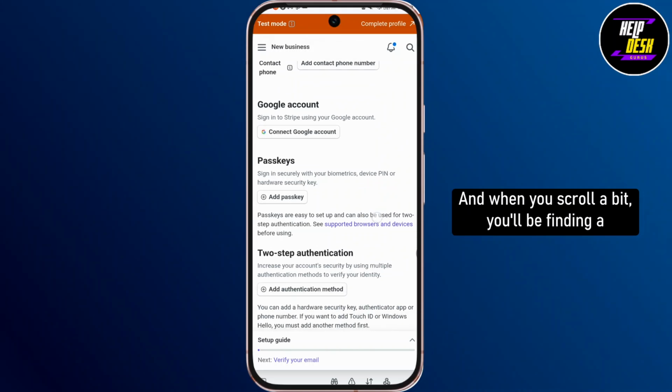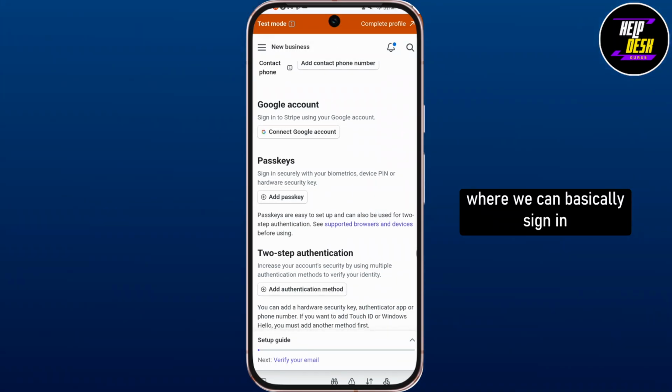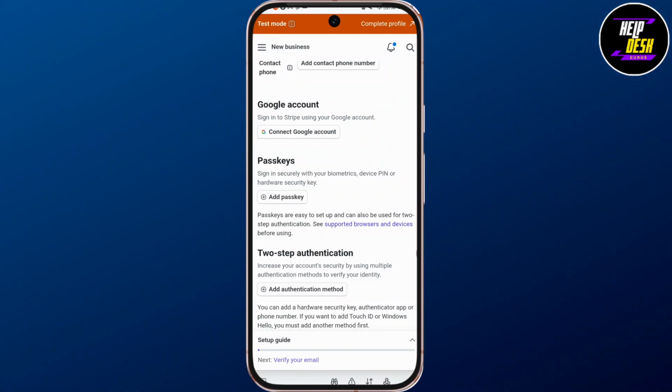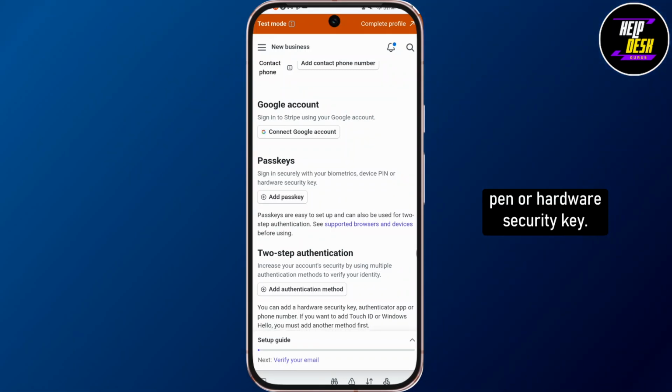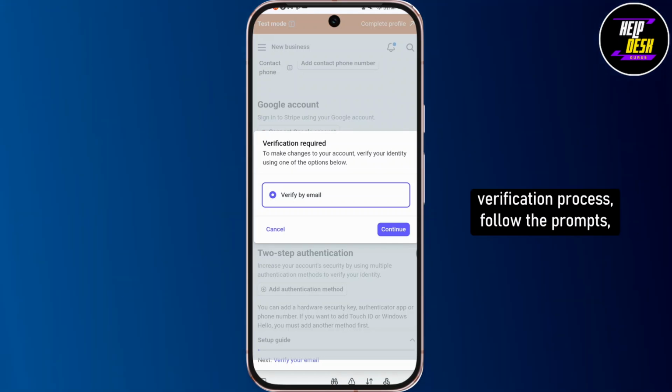And when you scroll a bit, you'll be finding a section for passkeys as well, where we can sign in securely with our biometrics, device PIN or hardware security key. So you can tap on add passkey, and once you do so, just go on with the verification process, follow